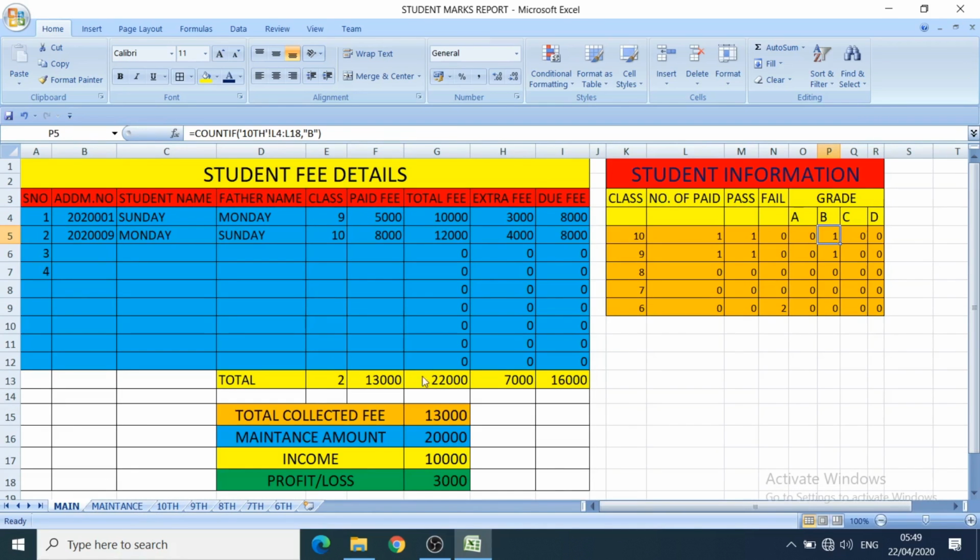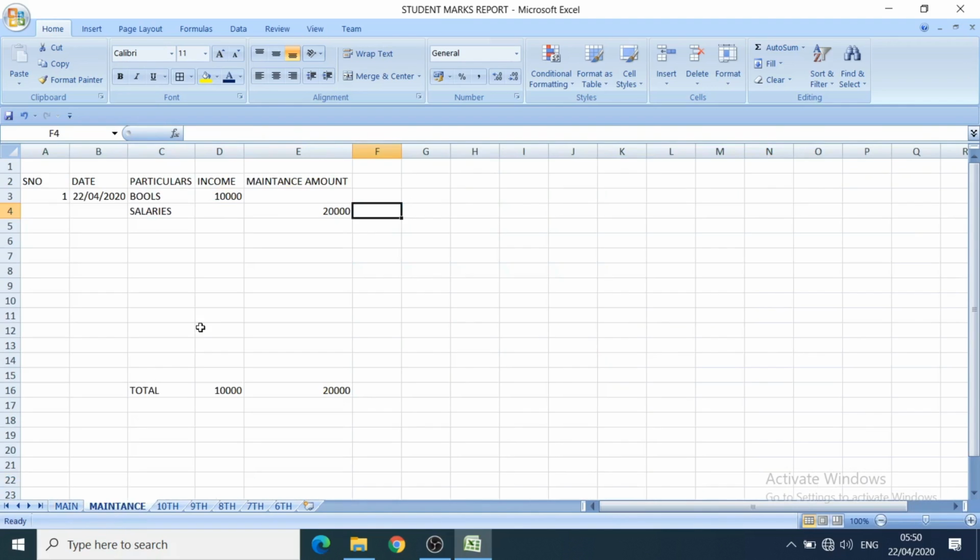Now we can see the income displayed here, 10,000, and the maintenance amount 20,000. So the profit is still 30,000. Simply, you have to enter the income here and the maintenance amount here.